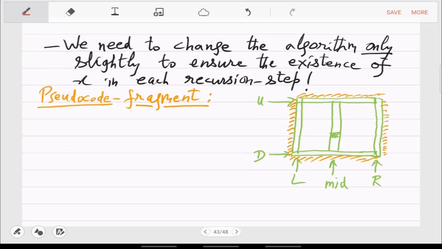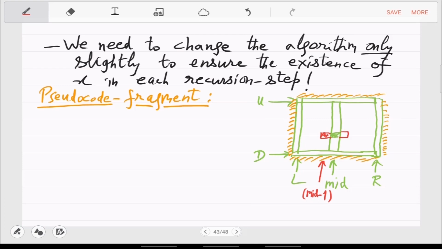Suppose this neighbor is the one which is smaller. In the previous pseudocode, when this red cell is smaller, we take the left half, which means R will now be set to mid minus 1, and L won't be changed.